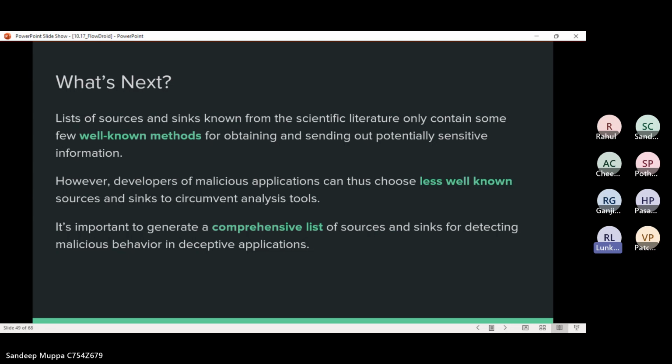They also generated a comprehensive list of the sources, and the malicious behavior in these applications, how it syncs with these malicious behaviors. And there were a few well-known methods for obtaining and sending out potentially sensitive information. All these lists were made.